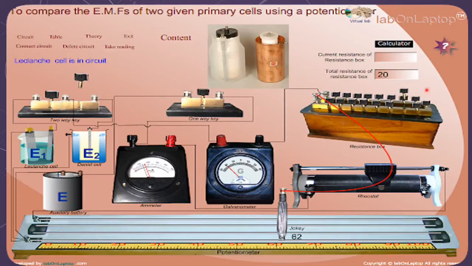Of course we need a resistance box and connecting wires. Connecting wires are copper wires, and the resistance wire over the potentiometer is manganin or Constantan wire. A jockey is required to make the connection. It is simply like a pen. You can hold it like a pen, and here there is the conducting part, covered by an insulating material where you are holding. Of course, the jockey is a one-terminal device. Only one terminal is there, and one wire is to be connected to the galvanometer through the resistance box.